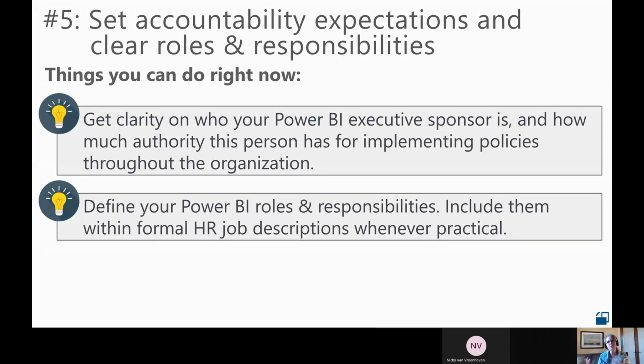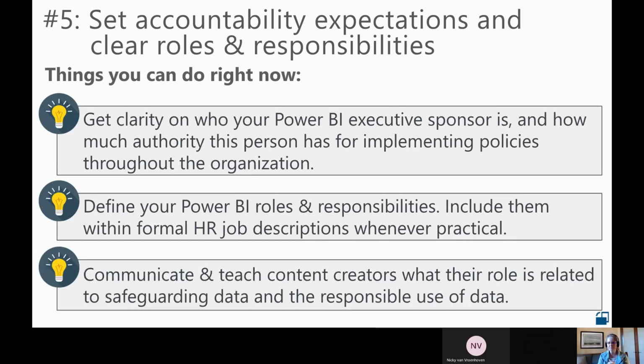Define all of your roles and responsibilities as best you can, right? And where possible, actually add them to the job description, if someone's accountable formally for that kind of work, when it makes sense to. Some things are kind of voluntary, but when it makes sense to, right? Actually, literally update the job description.